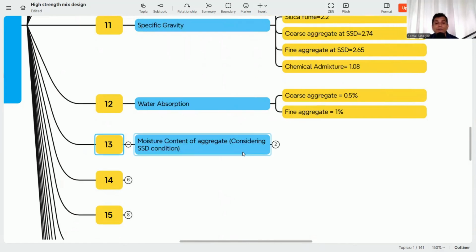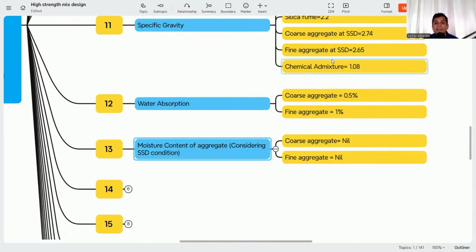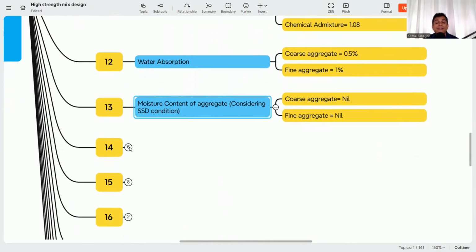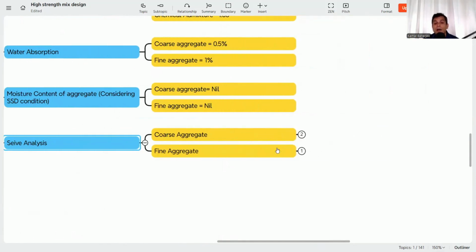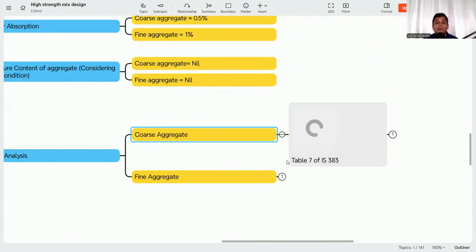So it is easy to understand that in the SSD condition there is no moisture exchange from the aggregate to the mix. It is the ultimate condition where we can make a design, but if we want to do the correct mix design, then we need to consider the moisture content and find it out as per the actual. Now we need to do the sieve analysis,